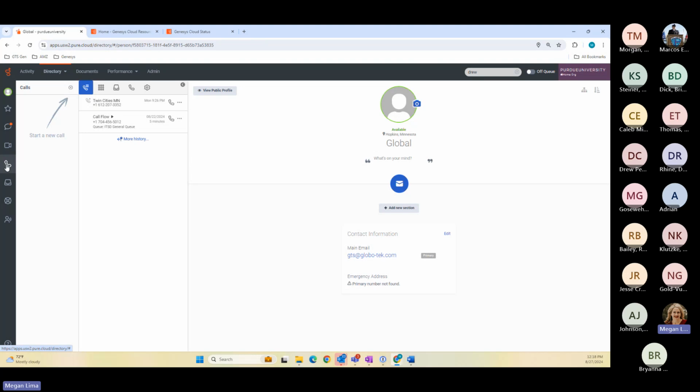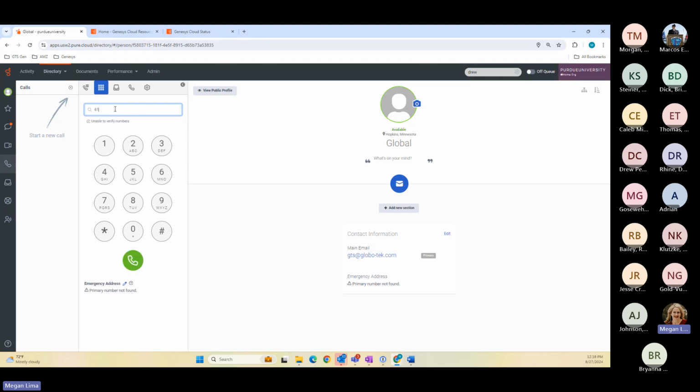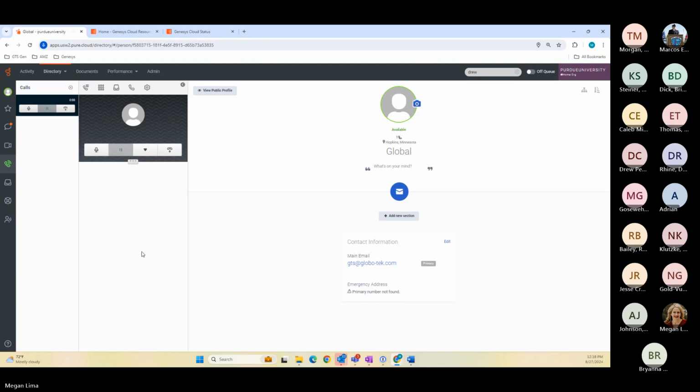And if you are on one of these calls and have made yourself available for a queued interaction, you will still interrupt this call. So say, for example, I want to call and check and see if I won concert tickets or something. I just put in the number. This is a number that wouldn't be stored. And I hit enter and click on the green phone icon to call. When I call that number,